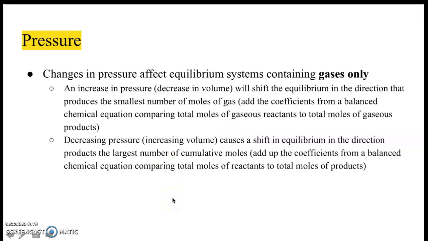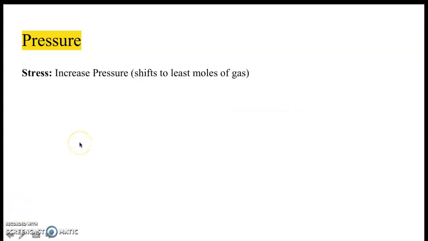If there's a decrease in pressure, the equilibrium is going to shift in the direction towards the largest number of moles of gas. So really there's two things to remember with pressure. If pressure is increased, you're shifting towards least number of moles of gas. If pressure is decreased, you're shifting towards the largest number of moles of gas. All right, so our first case here, our stress, we're going to increase the pressure. So this means we're going to shift to the least number of moles of gas in our